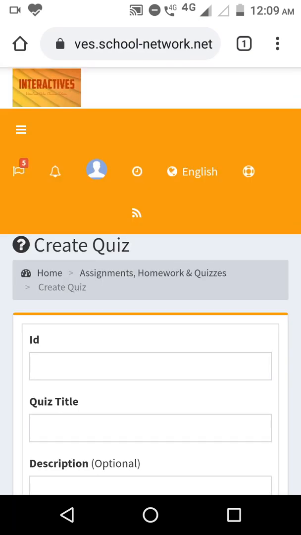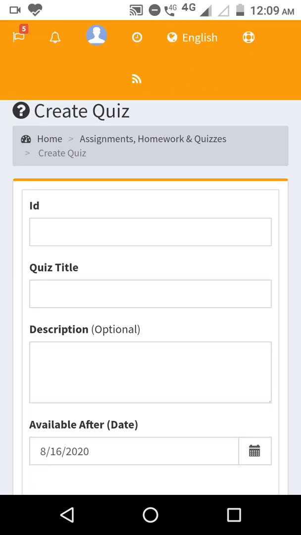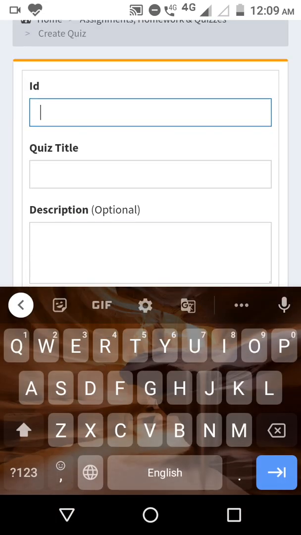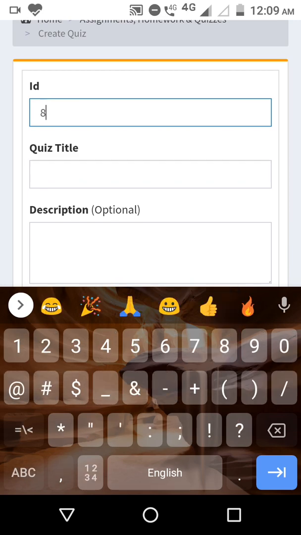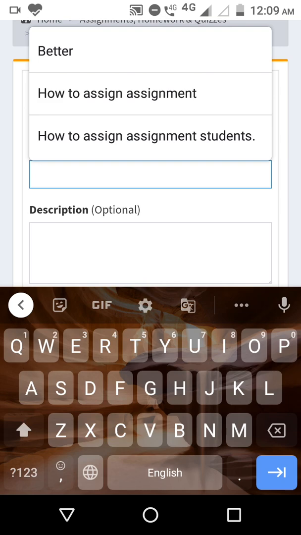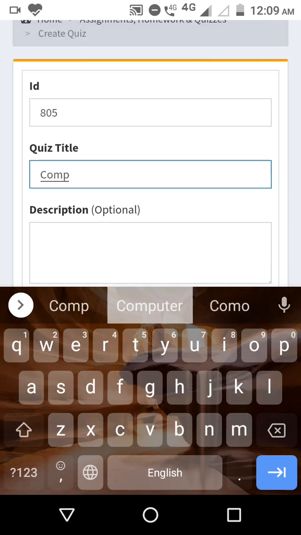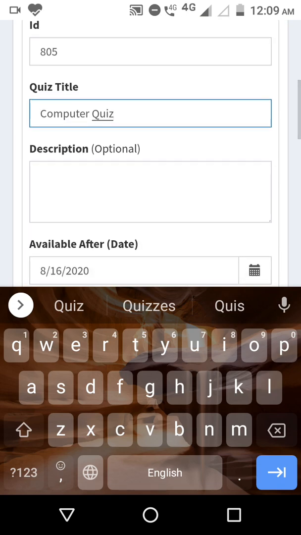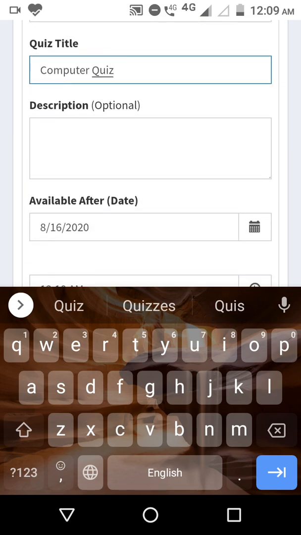Now we have created the quiz, we have got this page. Now after this we'll put an ID over here. The ID can be anything, any number that you can give. I'll put it here as 805. For the quiz title, I'll give it as computer quiz. Second, the description is optional, you can skip it or you can give it for a special kind of